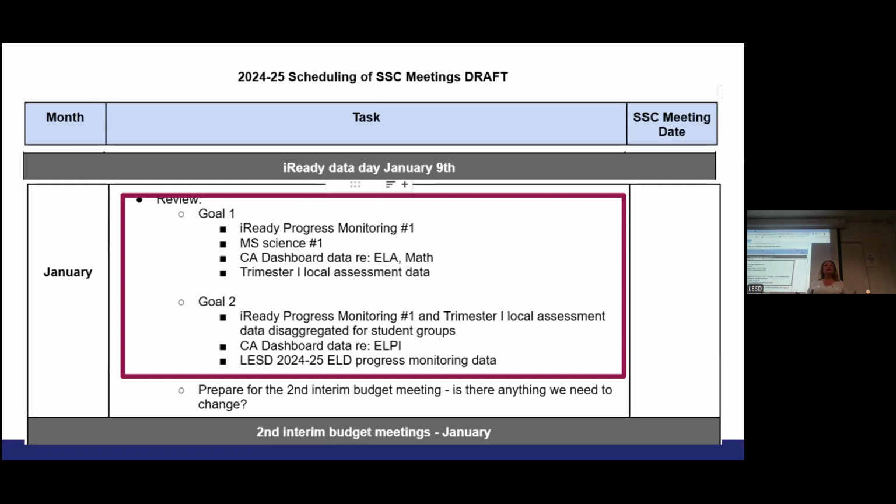Now, if we need resources, the SSC is who you ask. As an ELAC member, you can go to the SSC meetings and ask, I need these resources for my students. This is where I think we should invest some money, direct some funds. So it's very important to get involved at that SSC meeting.